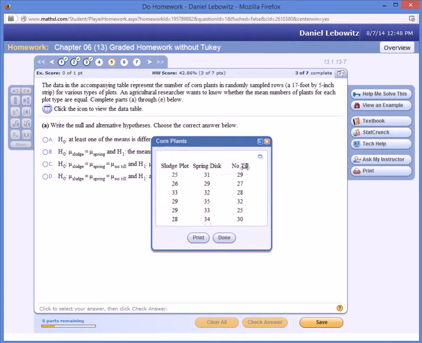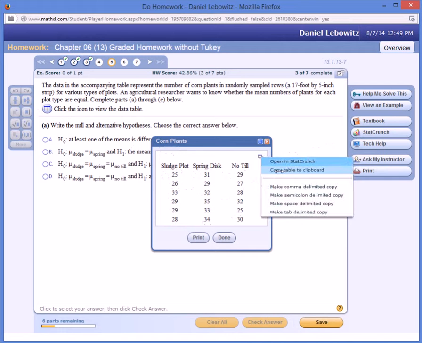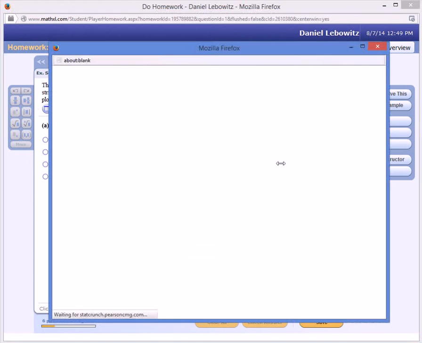And I'm just going to show you a quick way to use what's called StatCrunch to allow you to answer questions pretty quickly on your homework and tests that involve just giving you the individual values, and you have to calculate certain things. So notice we have the individual values, and there's a box right up here. So if you click on this box, you have the option to open in StatCrunch. So StatCrunch is kind of like Excel, but it's built into MyLabs Plus, which is convenient, and it does only statistics, but it has cells, just like spreadsheets in Excel. So we'll open in StatCrunch,